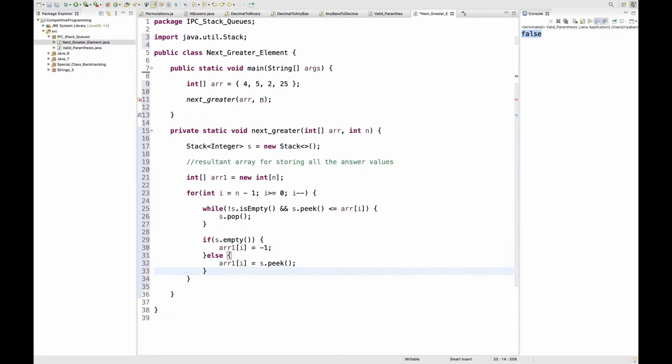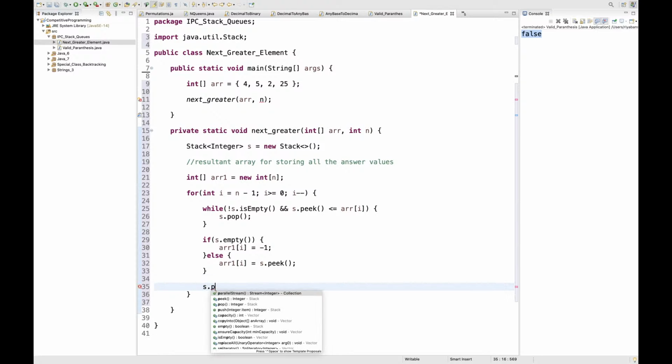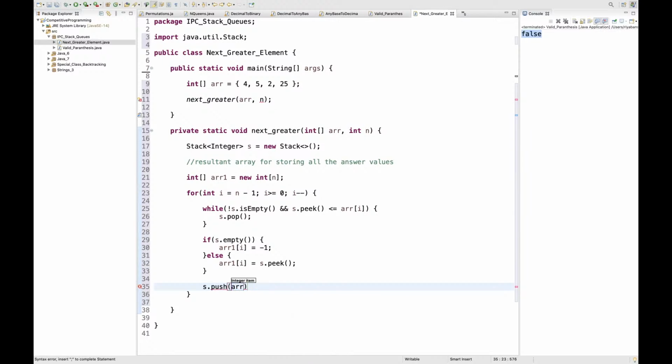And in the end I will simply push the item. Then in the end we can simply print all the values, है ना. हम end में सारी values को simply print कर सकते हैं and we can see if we got the right solution or not.